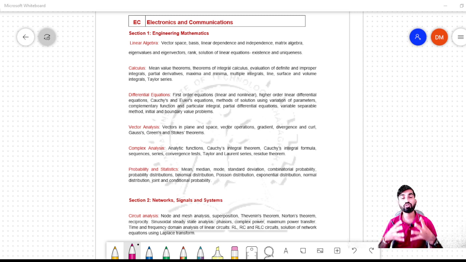Most of the aspirants, where they make the mistake is they do not follow the syllabus. You need to be consistent with the syllabus. They just go and prepare. Their preparation is completely random in nature. They just find any question book, okay, and they start solving the questions. They don't know, in fact, what the syllabus is, what the topics are in the prescribed syllabus given by the different IITs, right? In fact, this time IIT Kharagpur is conducting the examination, right? So you need to know your syllabus at first, right?